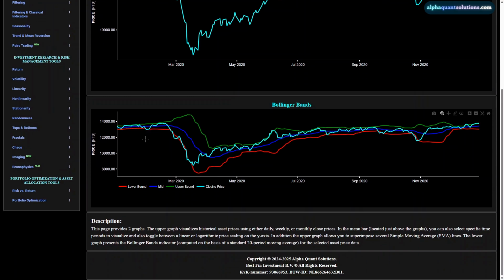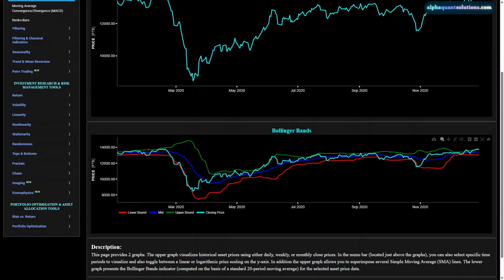And in the bottom graph, we see the light blue, which is the DAX index. The dark blue is the mid value of the Bollinger Bands, which is computed using a 20-period moving average. And then the red line and the green line are basically two standard deviations around the dark blue